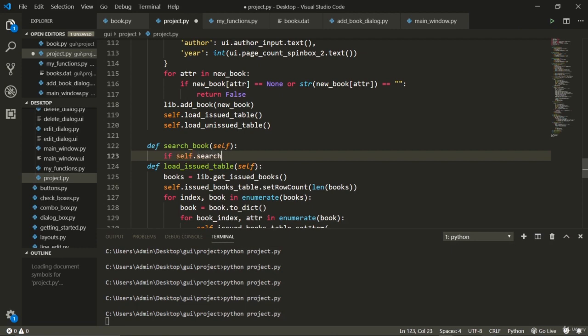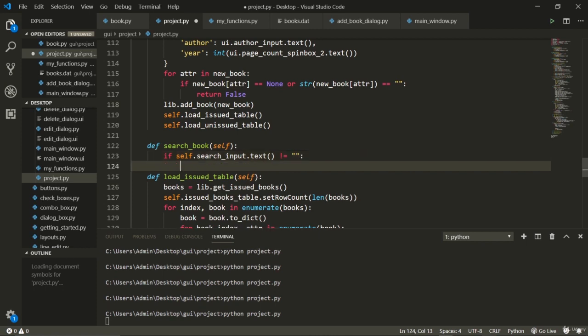So first thing, if self.search input, we take the text and the person has input nothing. What do we do? We don't do anything. So we do nothing if that is the case, and if they do enter something, we go to our library and we find a book. We find a book by what? We find a book by their ID. We convert it into an integer, and